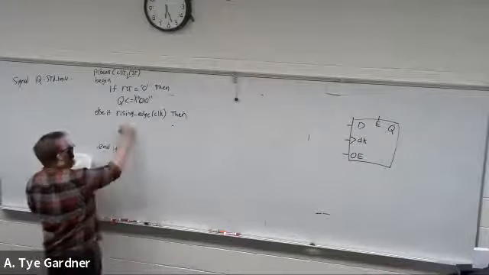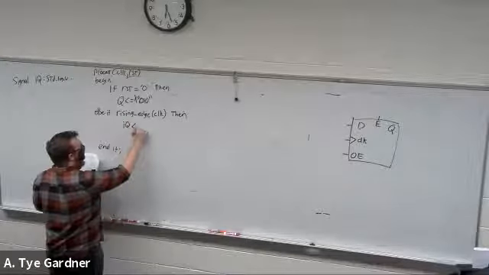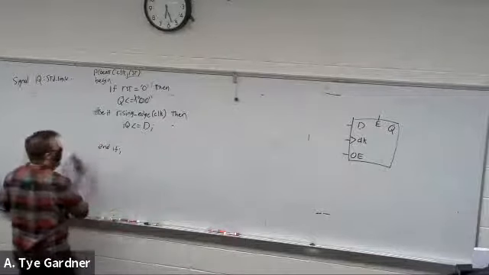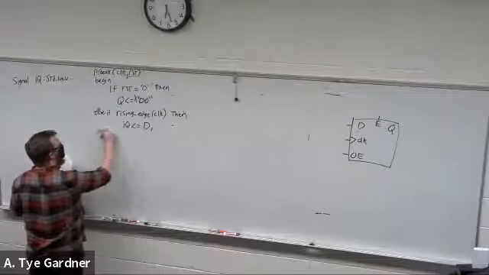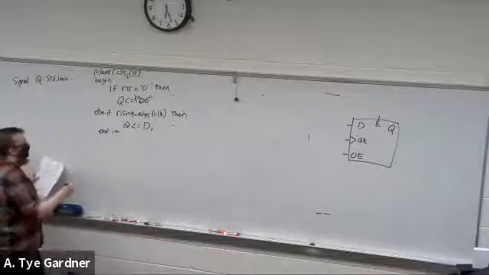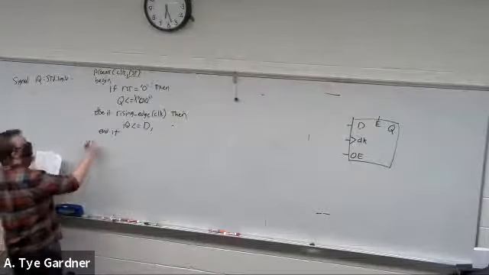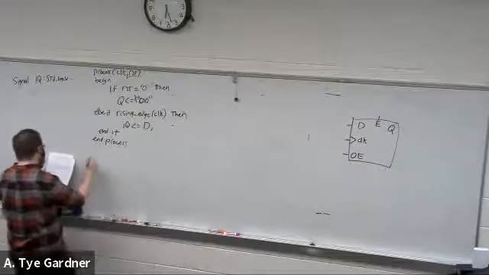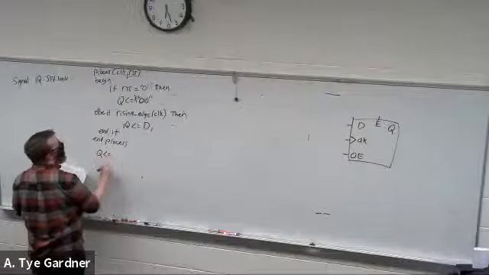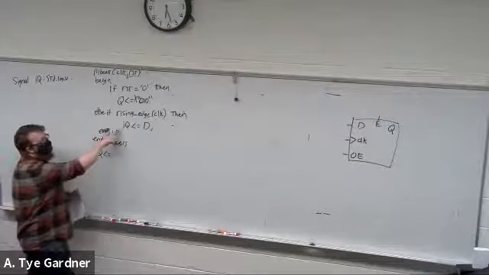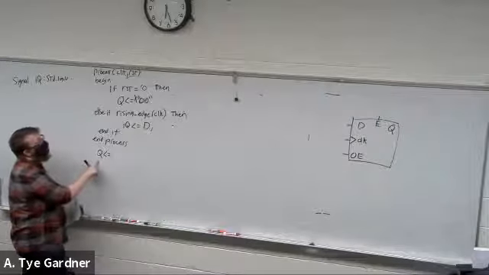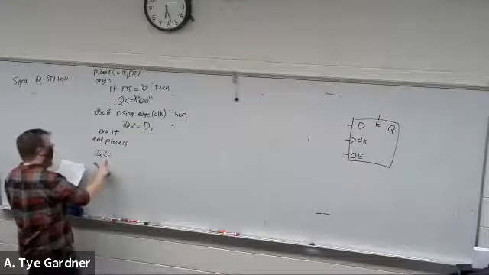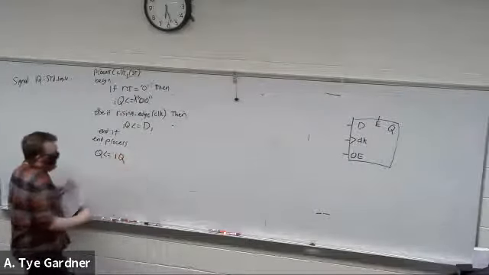And what I'm going to say is IQ gets assigned to D. And then outside of the process, I'm just going to say that Q, the actual output, not internal Q, and I'm going to reassign the reset to IQ as well, is going to equal the internal Q